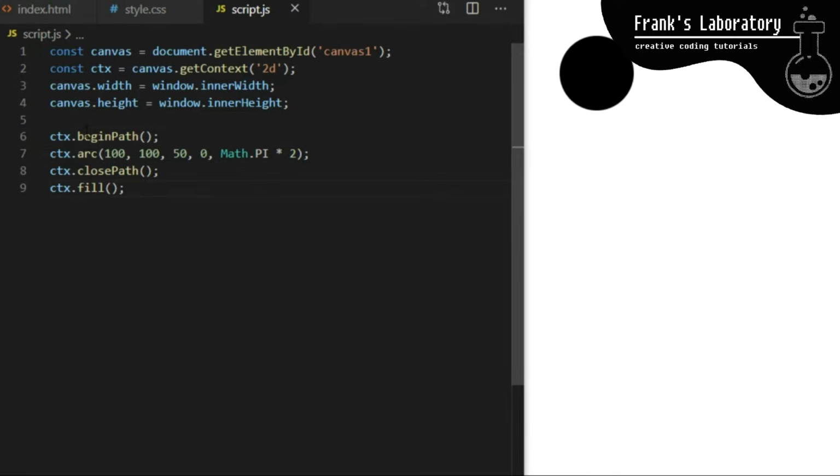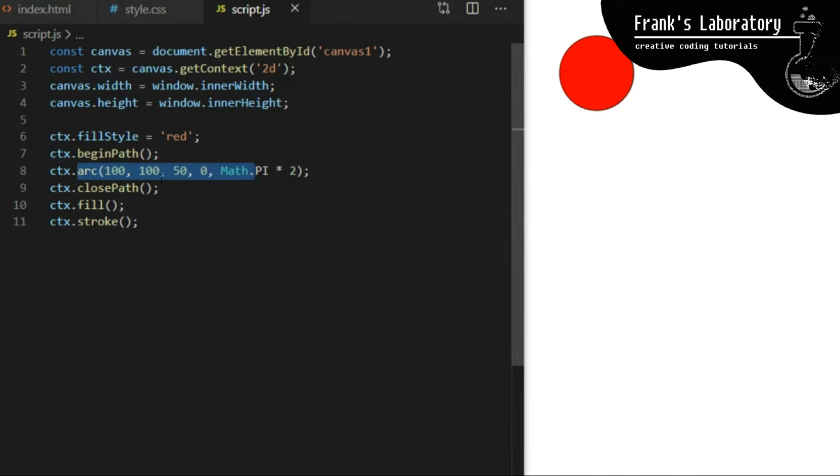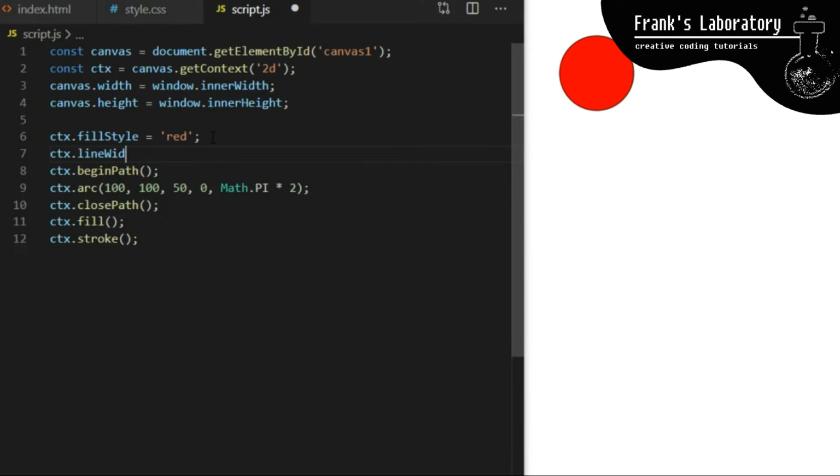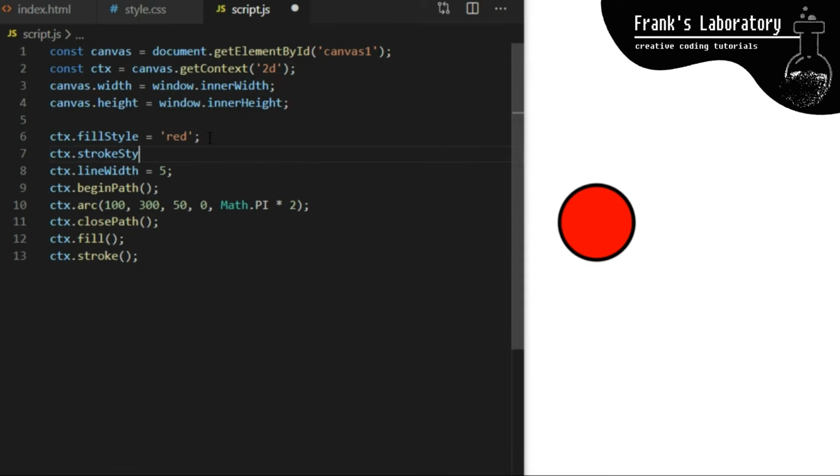And back in script.js, I set fillStyle to red. I can also call stroke, which will highlight the circular path with a border. By default, this border will be 1 pixel wide and black. I can change this by setting lineWidth to 5. Let's push it down a bit. And set strokeStyle to blue.